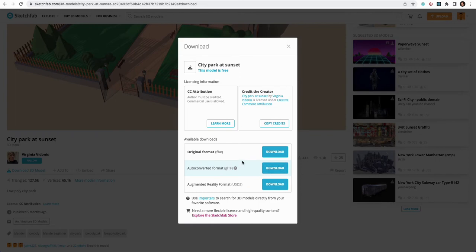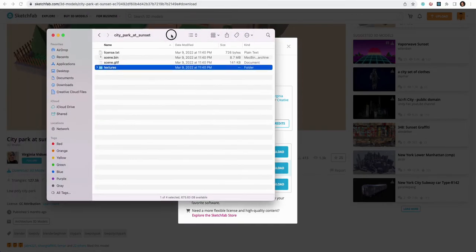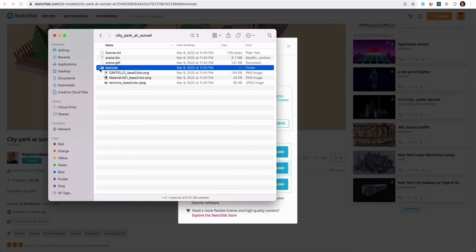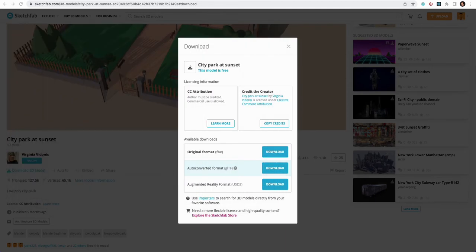I have already downloaded it. It's basically a folder called City Park at Sunset, and then it's got the license file, scene.bin, scene.gltf, which is the main file that we will be using, and then some textures here. So that's mainly the structure of the downloaded file. Probably the same will be in your case if you have another GLTF model. So once we do that,